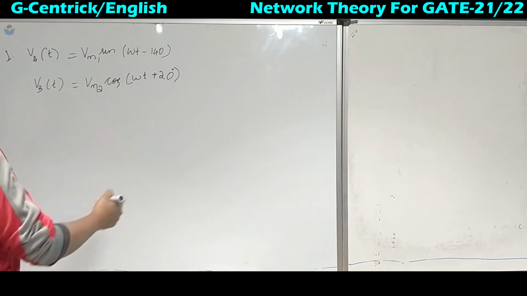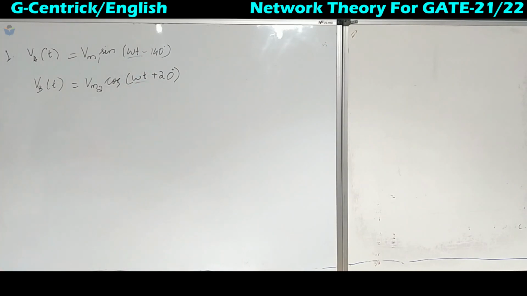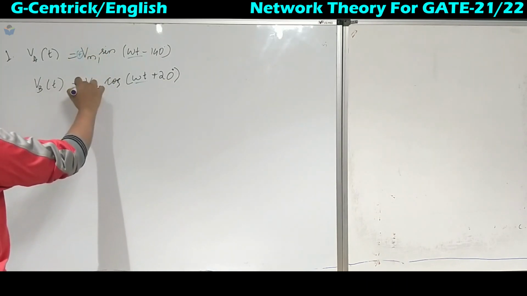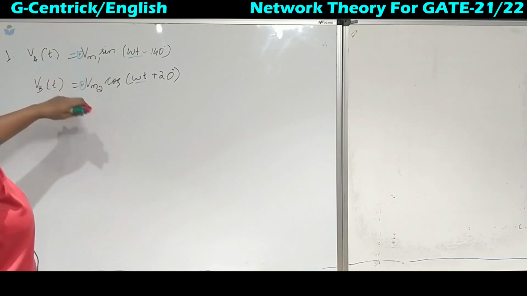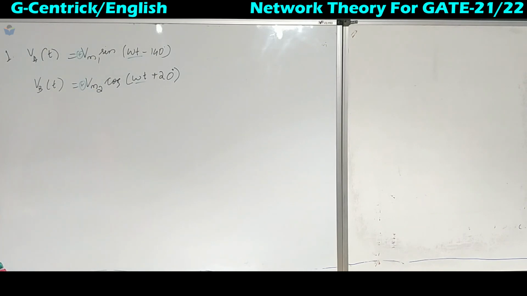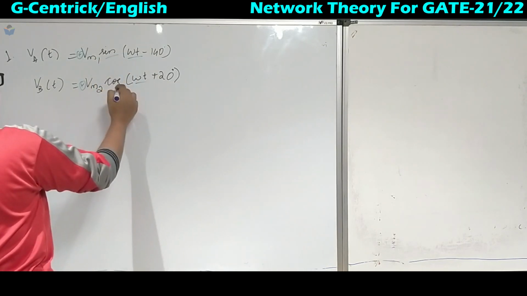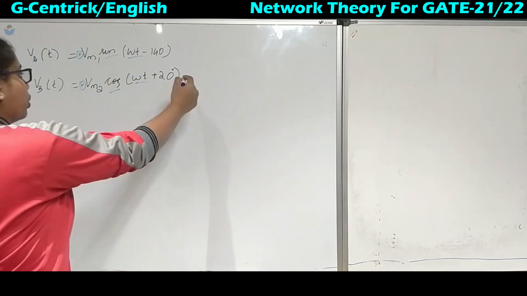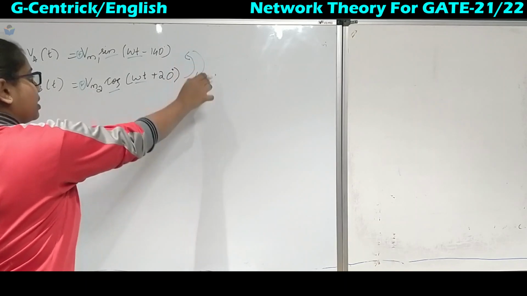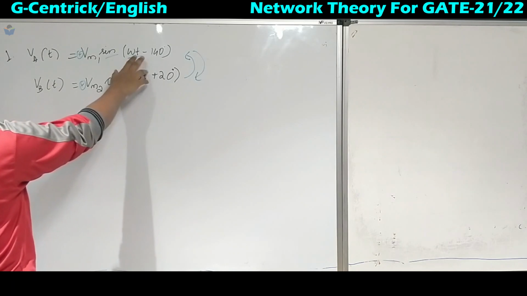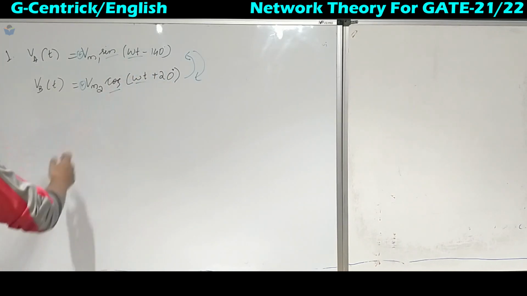Our first rule was that they must have the same frequency, and they have the same frequency. Now the magnitudes of the voltages must be the same sign, whether it is current or voltage, and here it is the same, positive and positive. But we do not have sine and cos as the same terms. One is sine and one is cos, so either we have to convert cos to sine or sine to cos. Which one is easier to consider? Anything, whichever you like to convert. So we will convert VB of t.